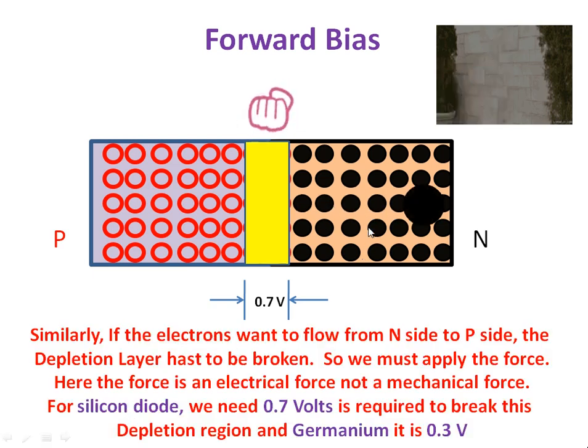So if the electron wants to flow from n side to p side, the depletion layer acts as a compound wall. It has to be broken. So we must apply force. Here the force is not a mechanical force, it is an electrical force. So for silicon 0.7 volt is required to break this depletion region, and for germanium 0.3 volt is required to break this region. So we will see the width of the depletion region as a function of